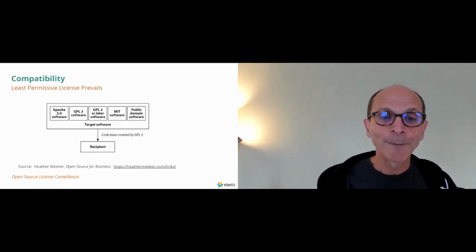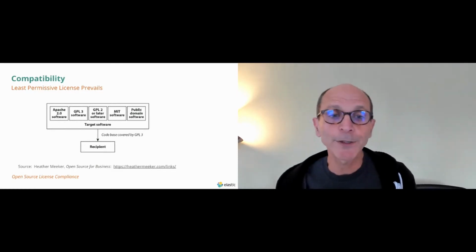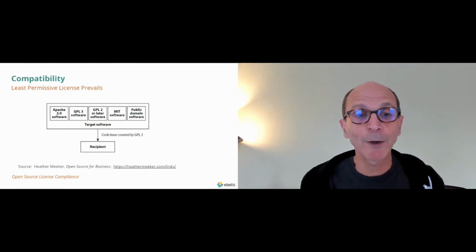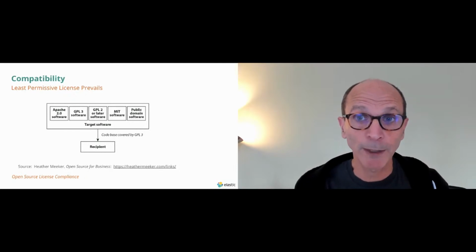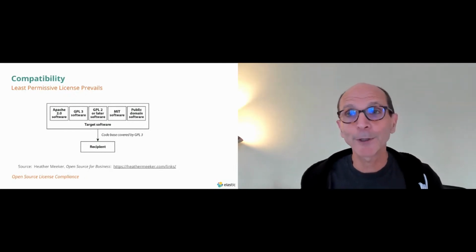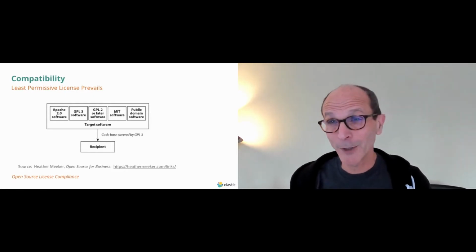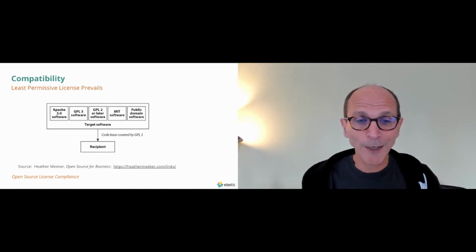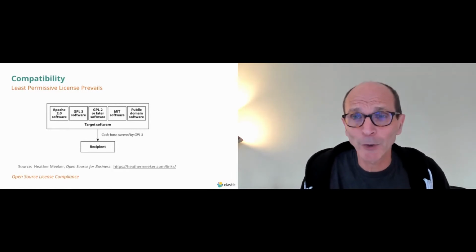Again, the notion is that the least permissive license prevails. If you have in a project multiple bundles of licenses, you have to go to the least permissive one, essentially, and that's the one that's going to apply to your subsequent licensing of the code. And if it were only that simple, there are also entire charts devoted to compatibility because of the way that GPL version 2 and GPL version 3 and then AGPL v3 evolved. It's not always quite that clear cut, but the general principle is you can only license your project under the